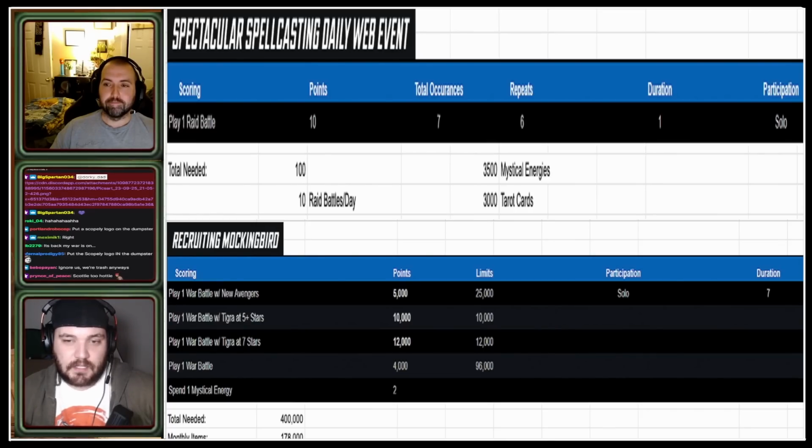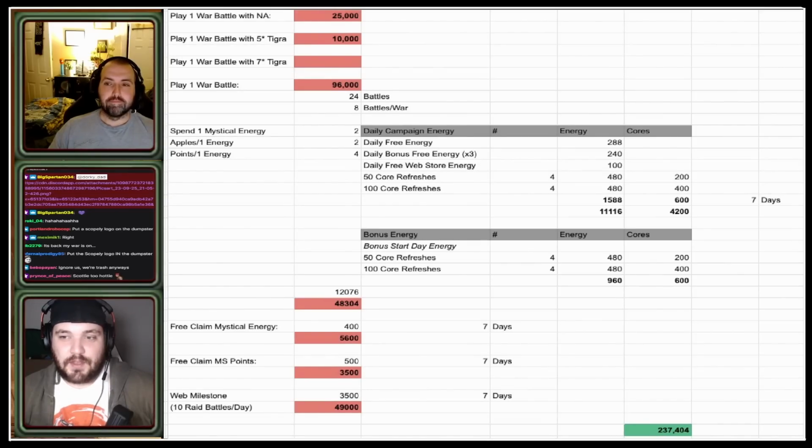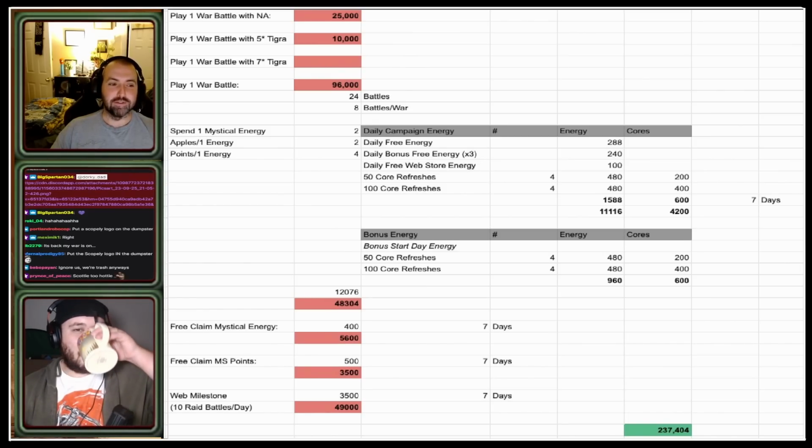The monthly item, I have it cut off there. It's 178,000. So let's start with not 400,000. So why don't we quickly explain why we are not starting with 400,000 like we normally would? Because it's not even obtainable. So even if you have a 7-star Tigra, it doesn't even get you to the next milestone, which is 17. So I just focused on 16, which I think is kind of like the max that you can technically